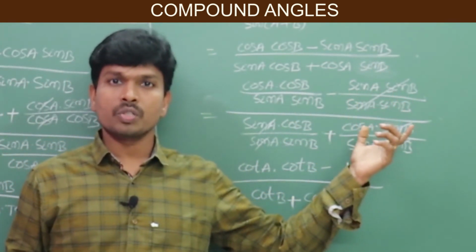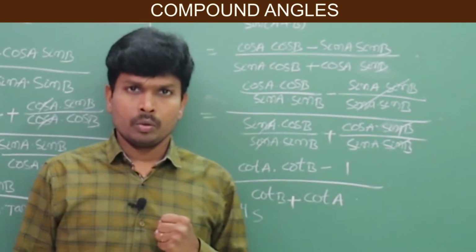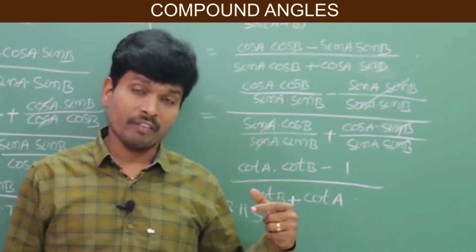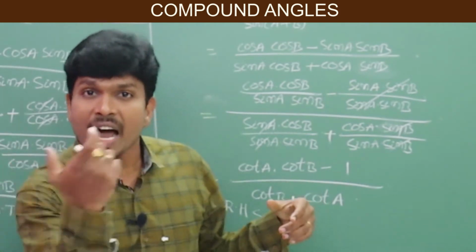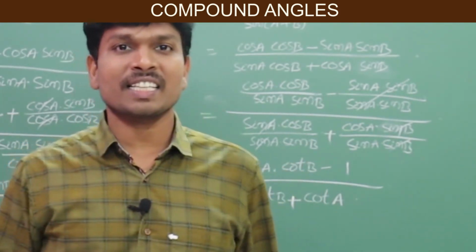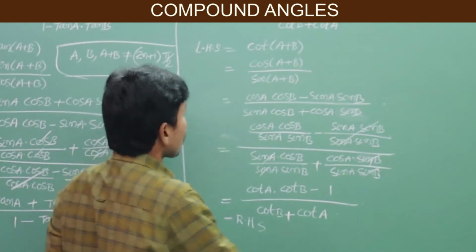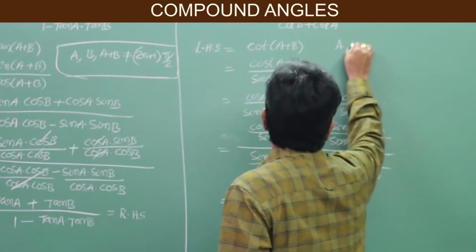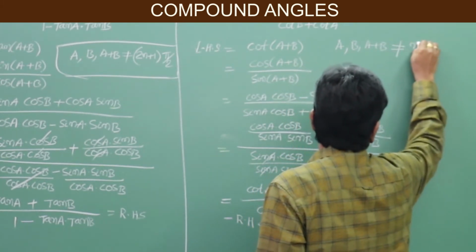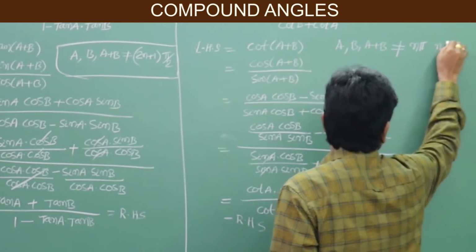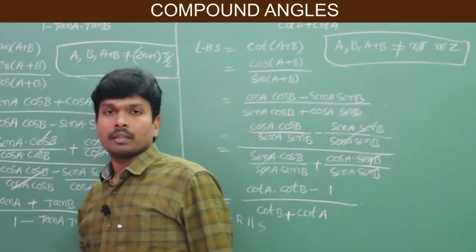If y equals 0, that is invalid, undefined. The output is undefined. When will the y coordinate be 0? On the x-axis. Which kind of angles are there on the x-axis? Yes, multiples of 180, n pi. So that's why these arguments a, b, a plus b should not take multiples of 180. Yes or no? This is the condition.